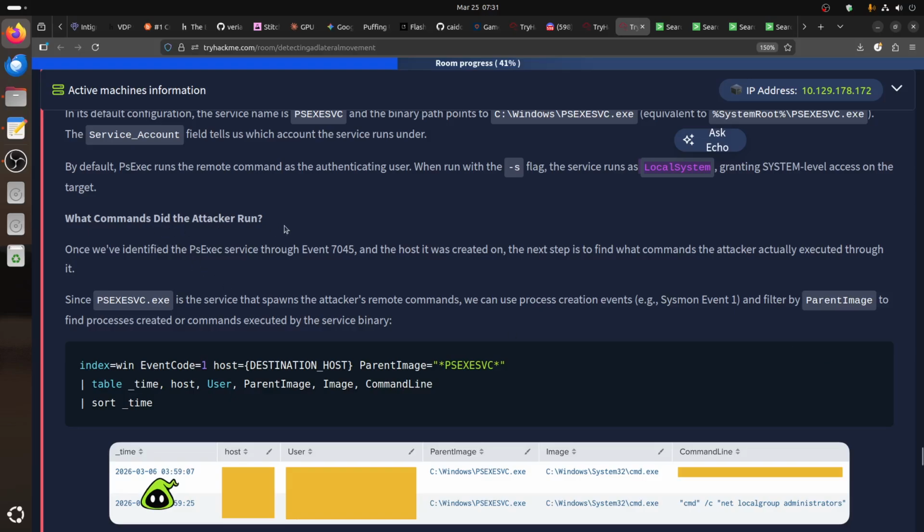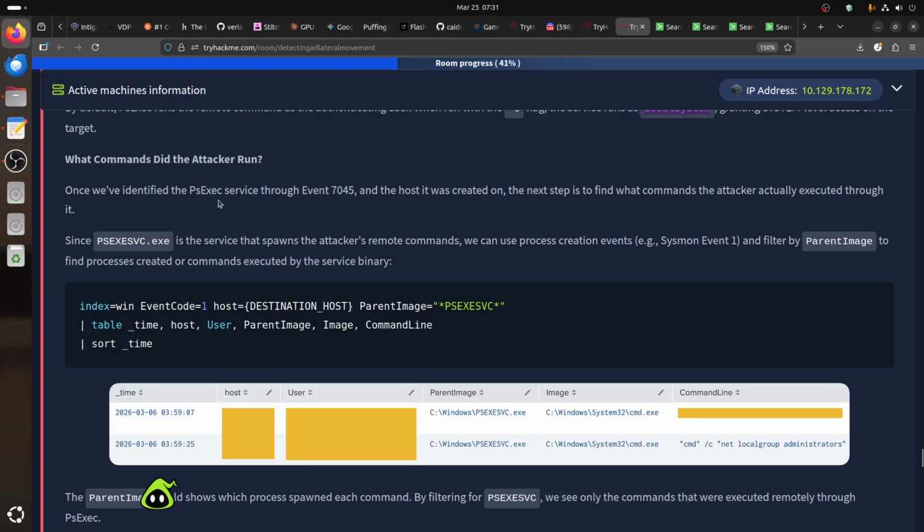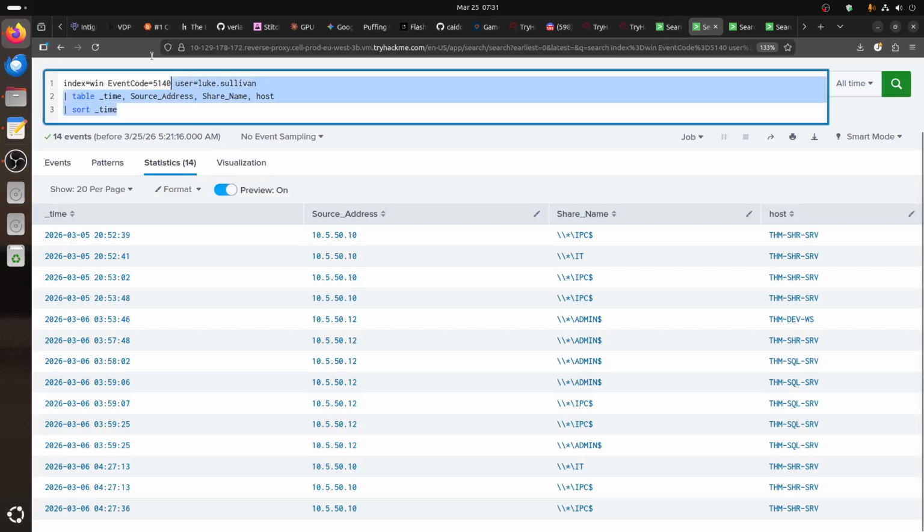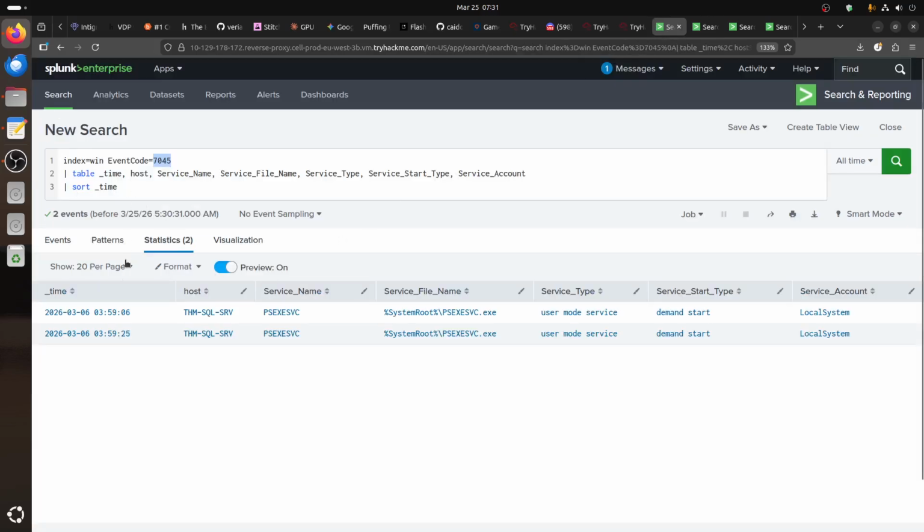What command did the attacker run? Once we identify the PsExec service through event 7045 and the host it was created on, the next step is to find what command the attacker actually executed. Since it is a service that spawned the attacker's remote command, we can use the process creation event, Sysmon event 1, and filter on the parent image. The parent image is PSEXESVC, and we already have the host name from here. We got the host name is SQL-SRV,